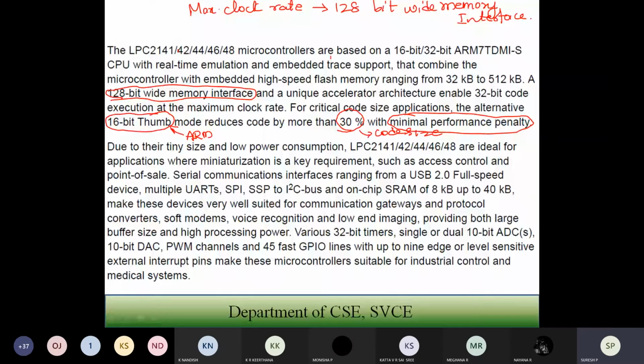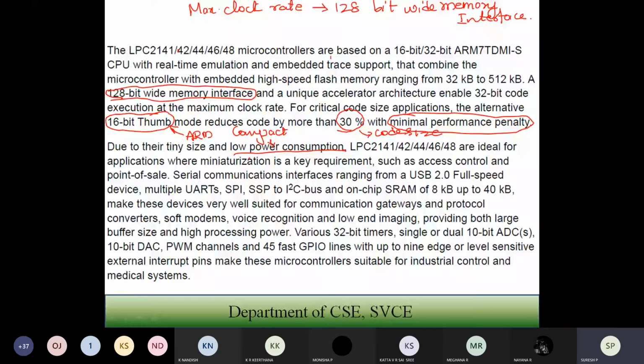Now, whenever you are going with the LPC 2148, it has a tiny size and low power consumption. It is small, compact, and has low power consumption. For that reason, the LPC 2148 is mainly used where miniaturization is a key requirement.